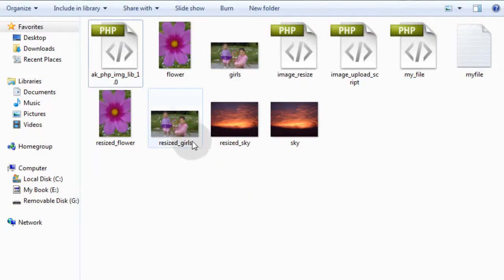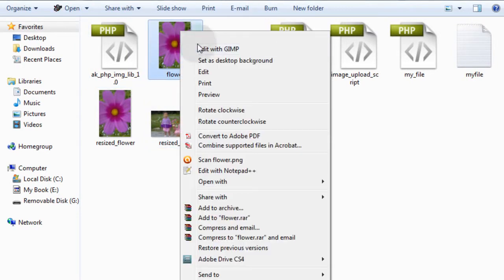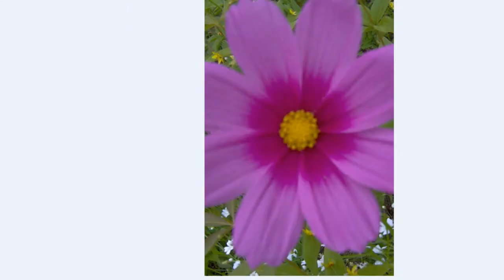So here you can see the folder where I just brought those over from the server. Let's look at the original flower. Let's preview that. You can see the size of it. And that's really, it's a little bigger than that, but you'll see the thumbnail